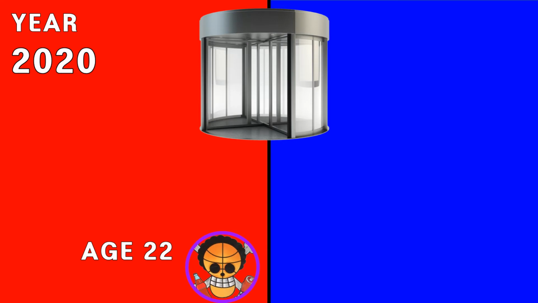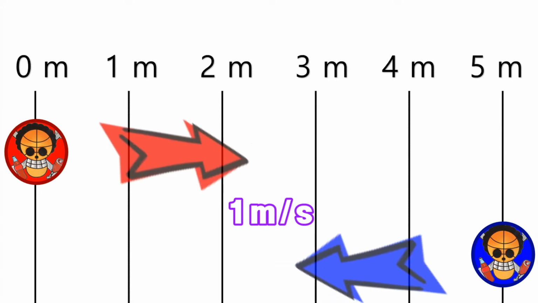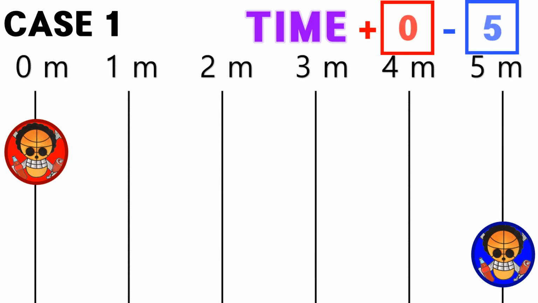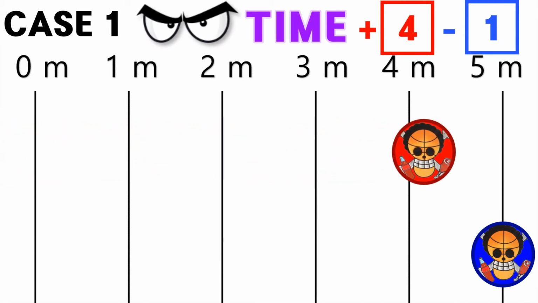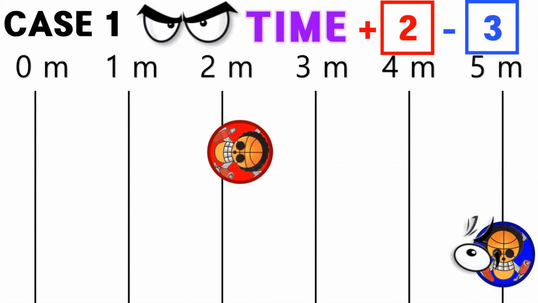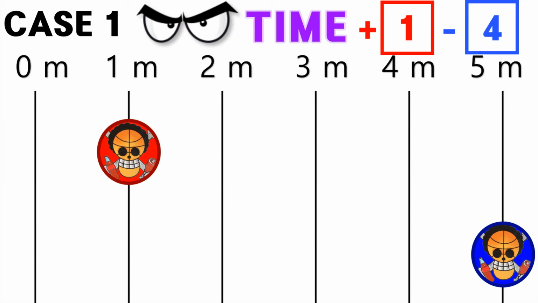I'll give you an example. Time forward red me on the 0 meter line and inverted blue me on the 5 meter line. Both are moving 1 meter per second. Case 1: when only red me moves to the 5 meter line from the starting line, a time forward third person sees that the blue is still and only the red is moving to the 5 meter line. But the blue sees the red not coming but going away. Because time travels backwards, red's 0 is blue's 5, red's 1 is blue's 4. Just like that.